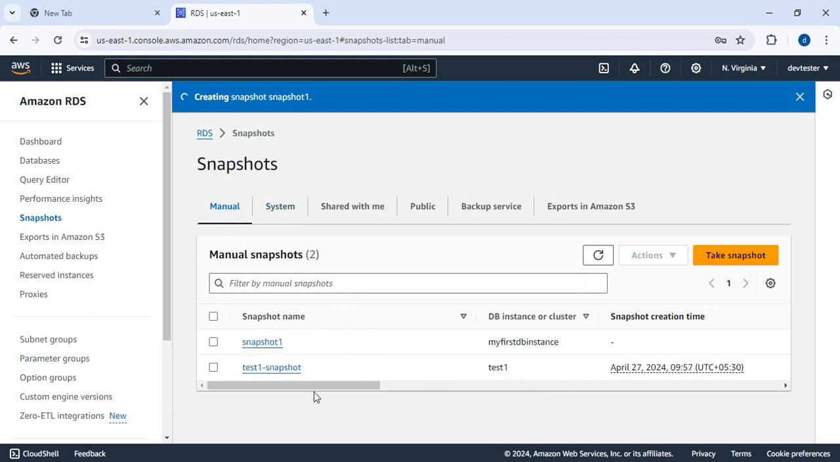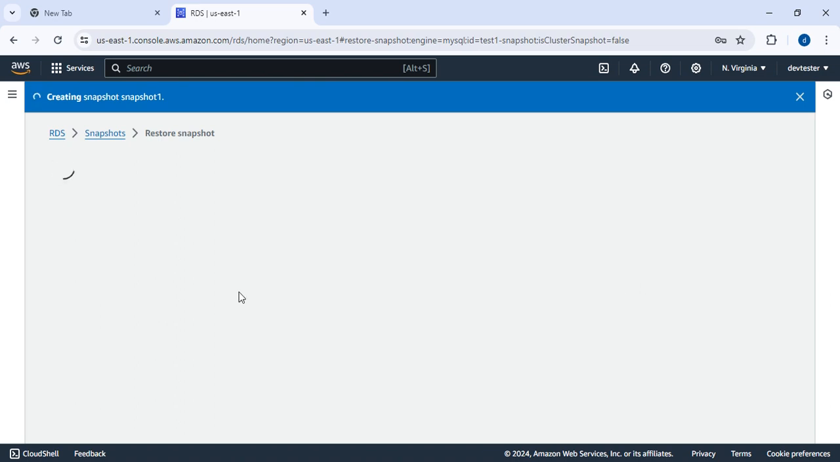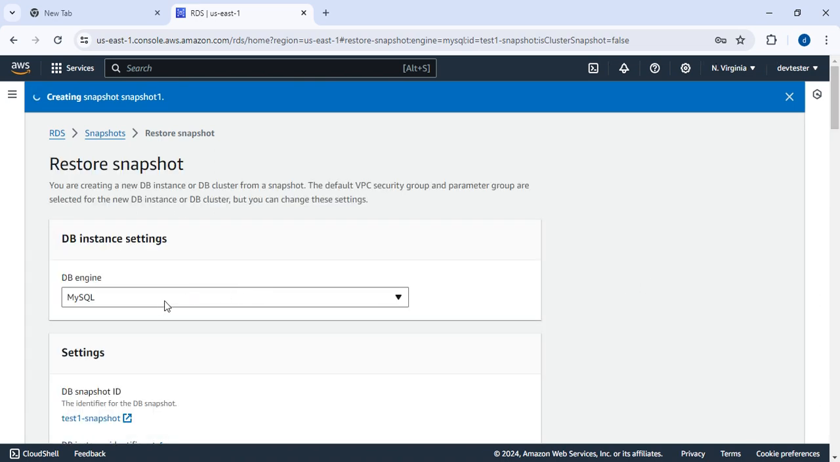Okay, and suppose today morning one snapshot has been created. By today afternoon, what happened? Suddenly the database has crashed. At that time, what I will do, by using the snapshot which was created this morning, I am going to restore the instance. Just select the snapshot, click on action, restore snapshot. So once you click on restore snapshot,